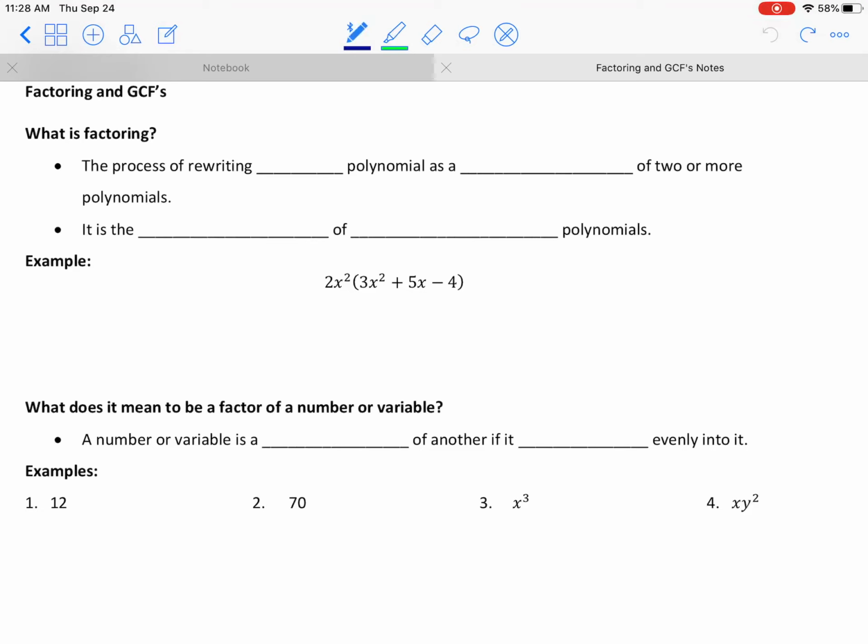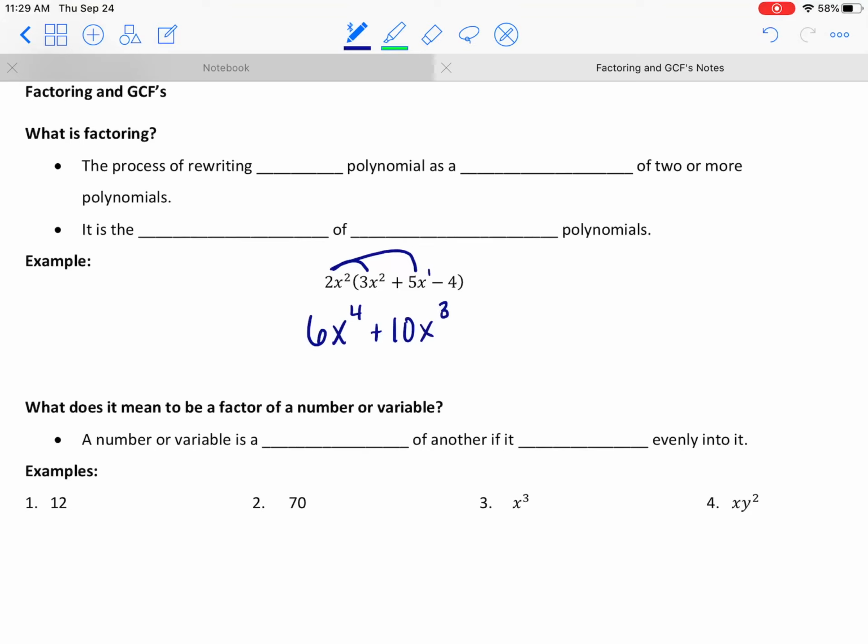If I gave you that example, and actually we looked at that in our first module, and I said to multiply that out, we know we would distribute. So we would multiply here, 2x squared times 3x squared. Using our product rule, we multiply those coefficients, 2 times 3 to make 6, and we add the exponents, so 2 and 2 makes x to the 4th. And then we multiply again here, use our product rule again, so 2 times 5 would be 10,